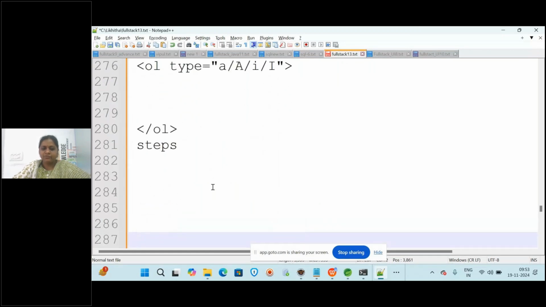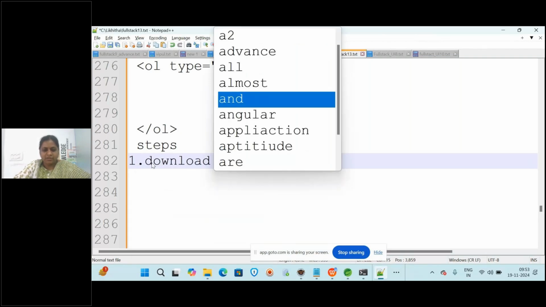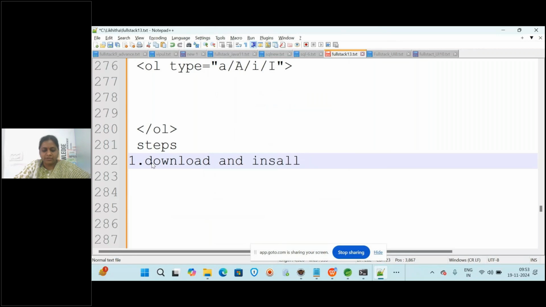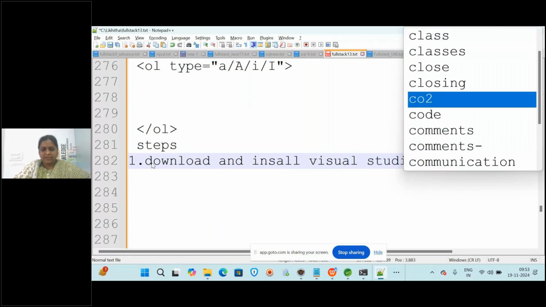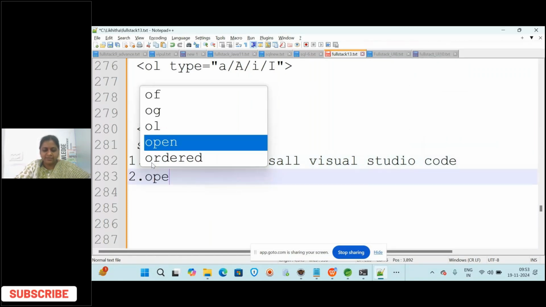First, you have to download and install Visual Studio Code. And then step 2, you have to open it.